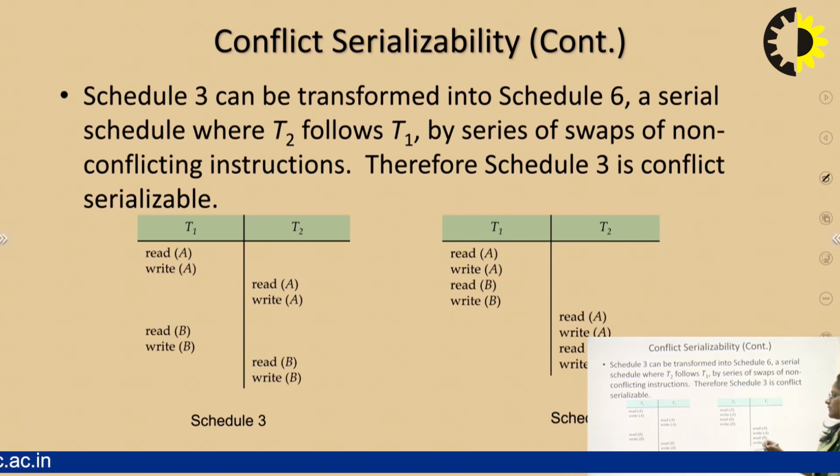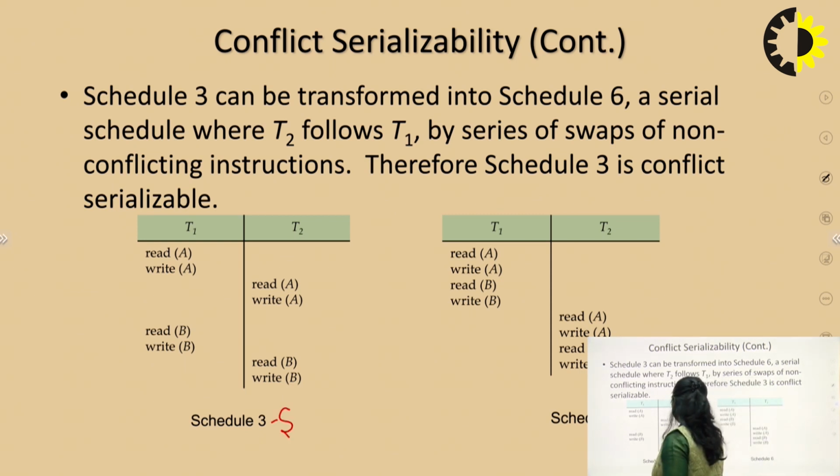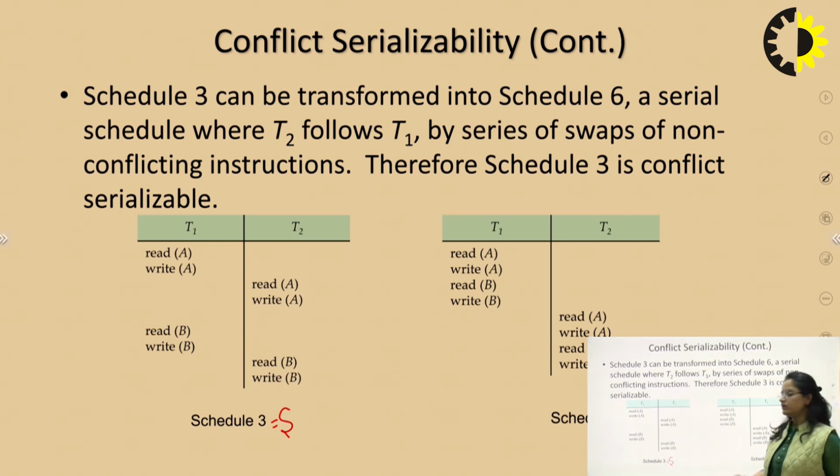Let's take an example, the first schedule 3. Let's suppose S is equal to 3 and S dash is equal to 6. What was the rule? We have to find the conflict equivalent of S with this serial schedule S dash,